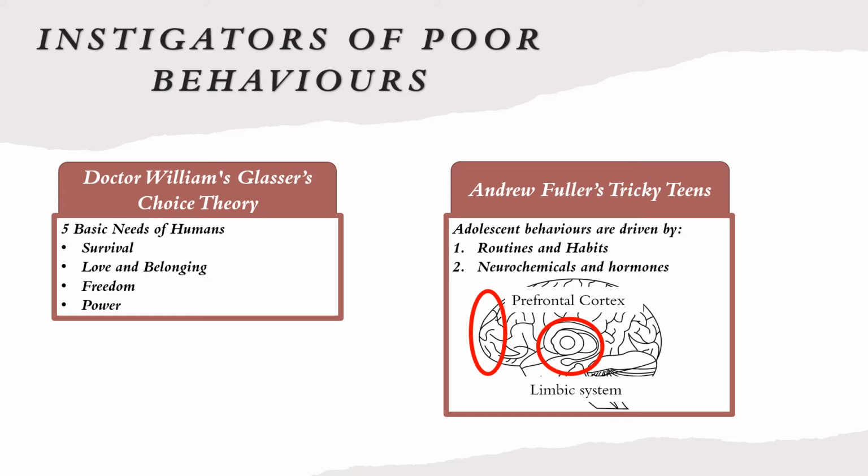Within the limbic system, decision-making is driven by 2 main factors, which have been described by Andrew Fuller. In the state in which a teen is experiencing negative emotions, the brain is flooded with hormones such as adrenaline and cortisol. This in turn prevents any form of reconsideration or reflection on behaviour, hence preventing the primary function of the prefrontal cortex. In being more specific, teenagers who have high levels of adrenaline present are often hyperactive, demanding, defiant, and rebellious.